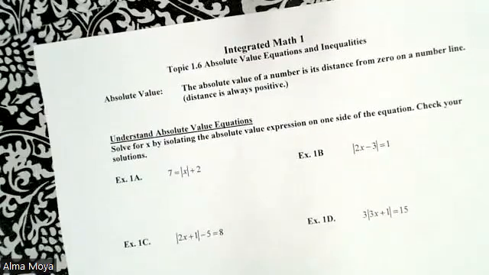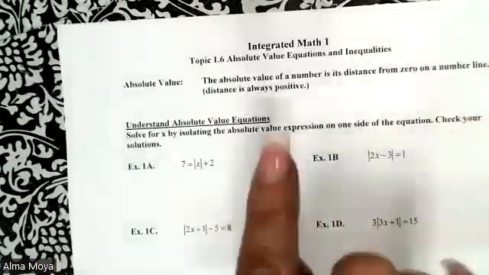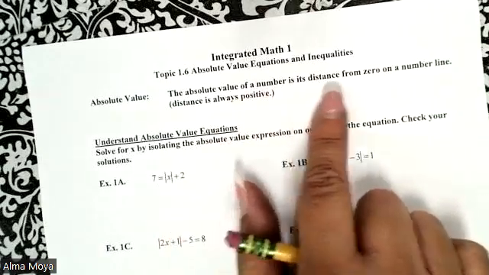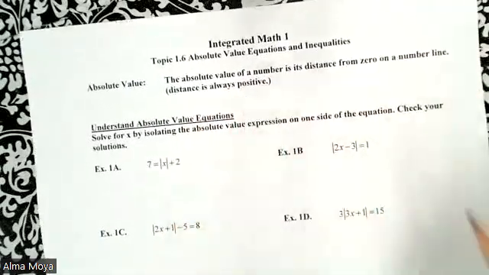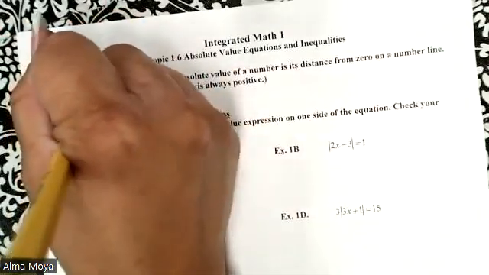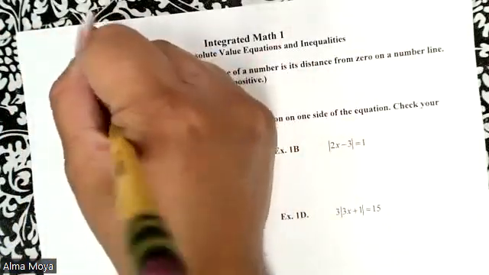All right, today's lesson is on 1.6 absolute value equations and inequalities. Absolute value. The absolute value of a number is the distance from 0 on a number line. The distance is always positive. So for example, if you have the absolute value of the number 2, that answer is going to be a